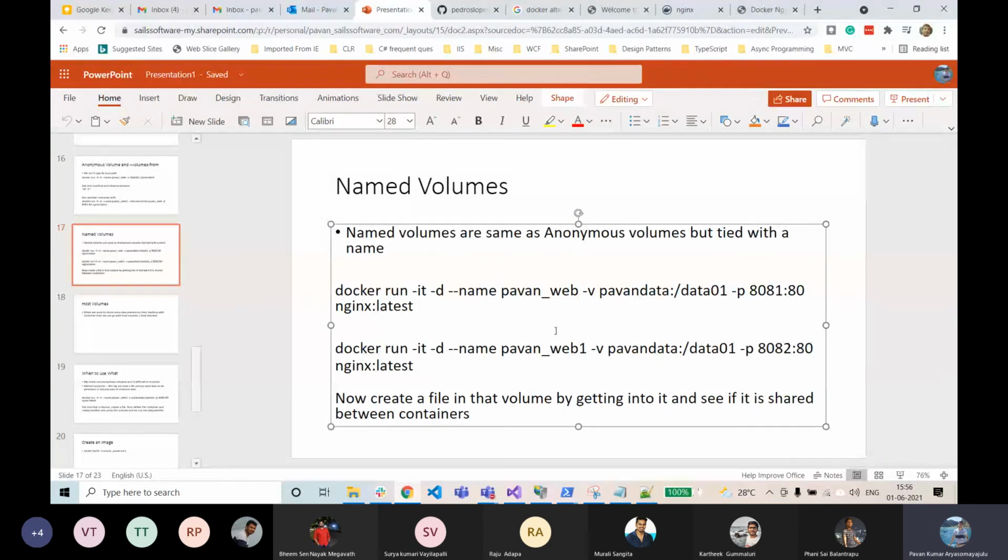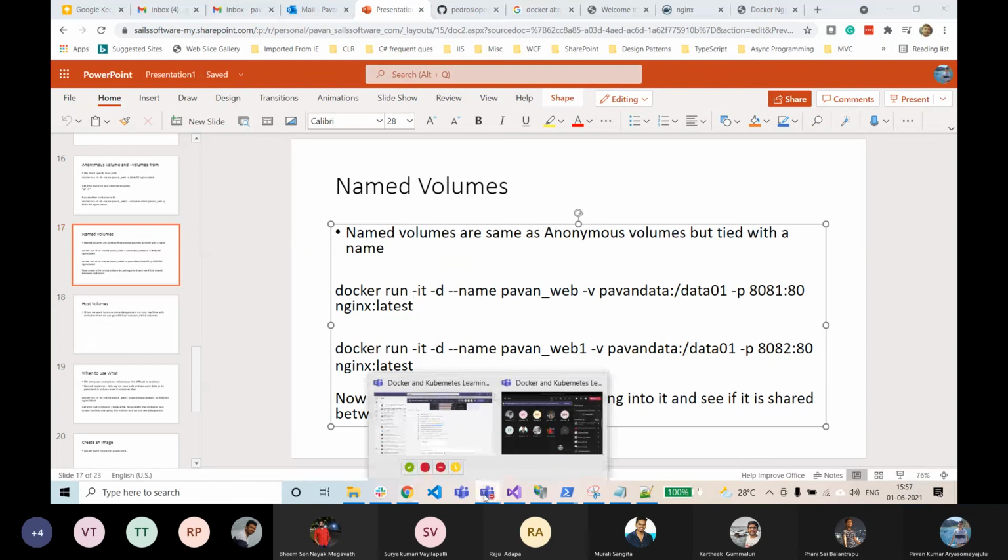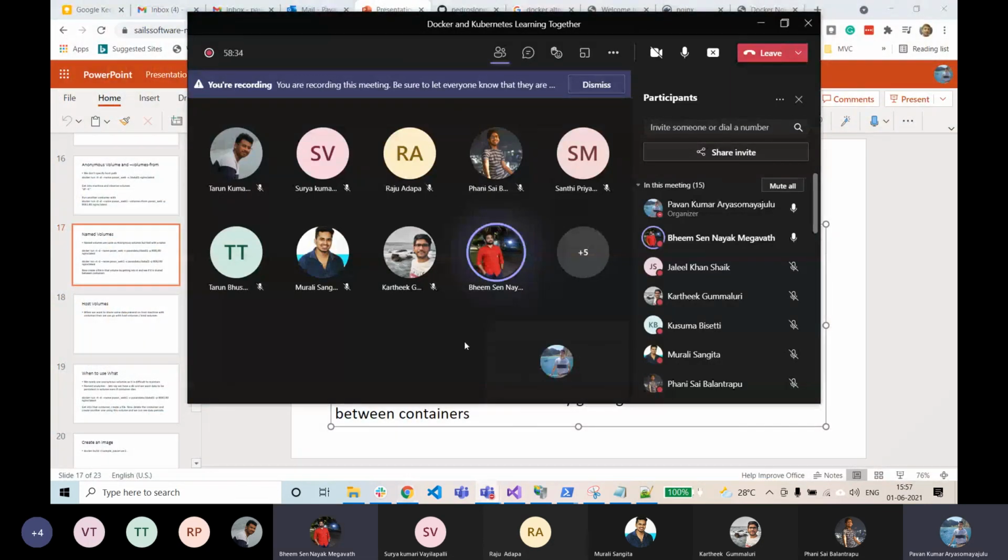We'll do a hands-on session by dividing into teams. We'll have one senior person and 2 freshers, or 2 people who don't have any experience with Docker, and then we'll code together. So what do you say? Yeah, sure, Pawan.